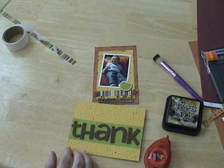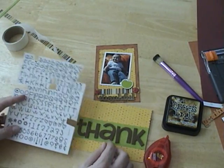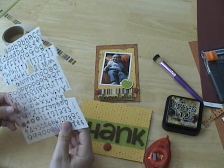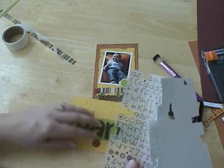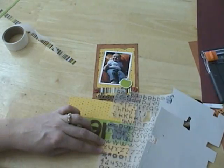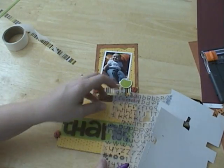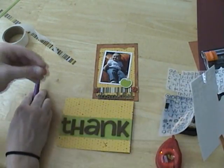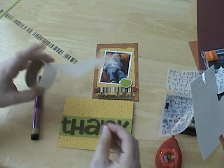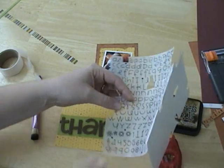Now what we're going to do is that third button and that sheet of rub-ons that I had in the supply list, we're going to take them and we're going to use a Y. I'm going to place my Y out here on my card, and you can use anything to take these off. I'm just going to use the back end of a paintbrush. Place your Y on the card. I'm going to use the third button as the O, again just to give the card a little more dimension and a fun look. Place that on there,